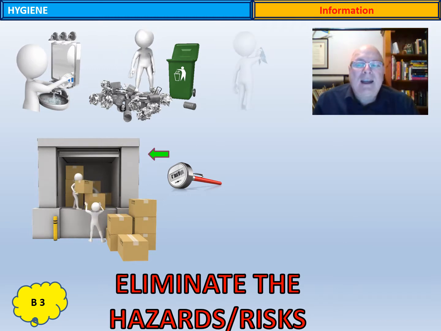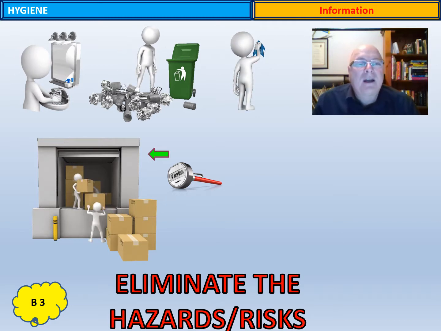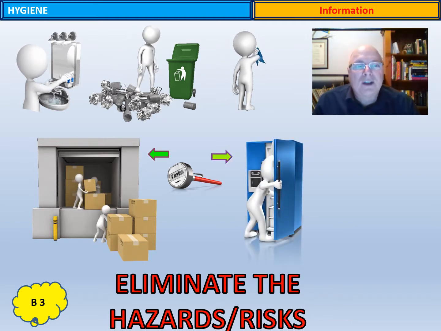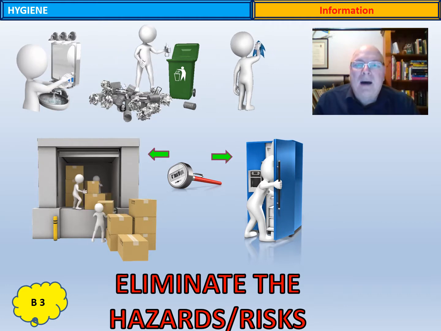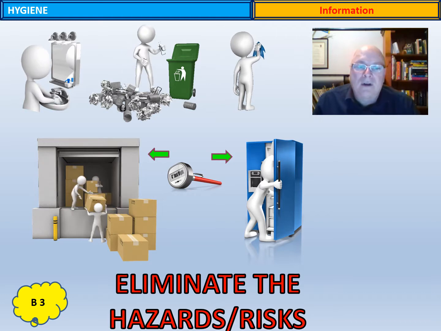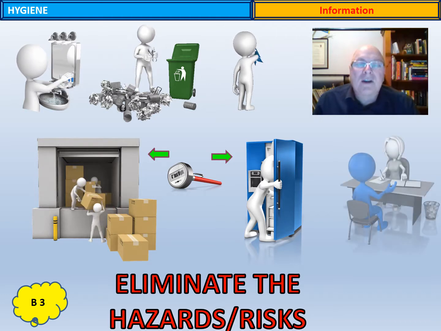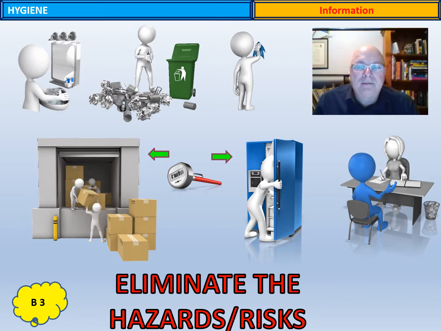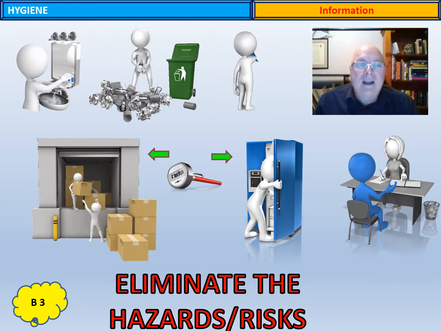Employees need to clean and sanitize all surfaces that may come into contact with food. Employees need to be diligent in observing the temperatures of cool rooms, fridges, and freezers. If you have any personal health issues, if you have an illness like vomiting, diarrhea, or fever, or if you have contaminated any food because of your illness, report it to your supervisor and do not handle any food. Also, if you see an area that has a hygiene risk, report it to the supervisor and clean it if you can.